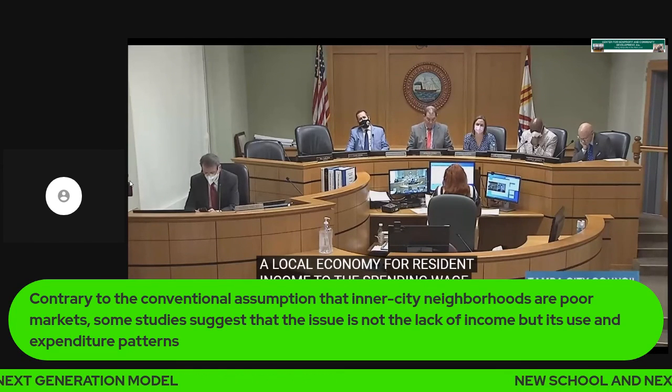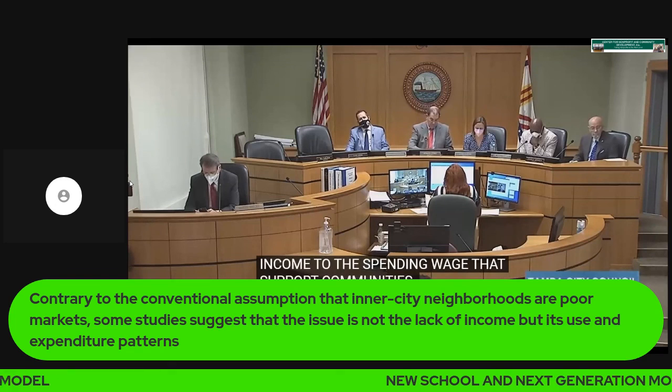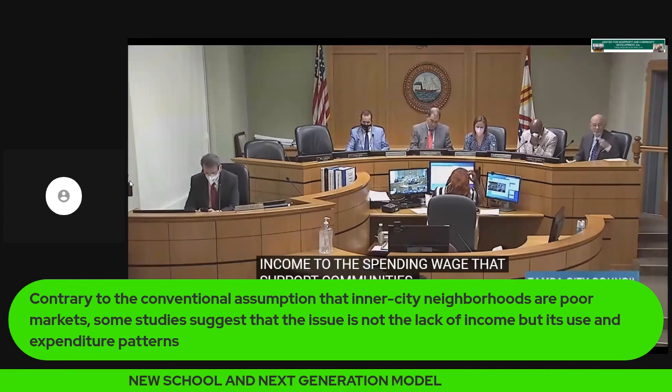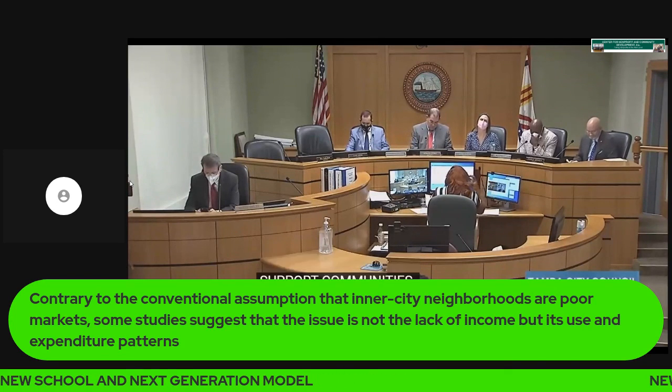The key to revitalization is mobilizing whatever assets we have. The other thing I want to make is that the West